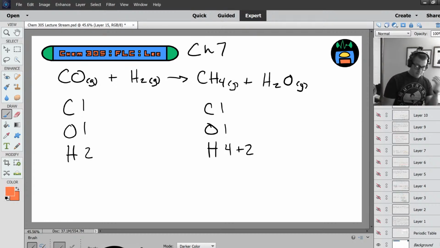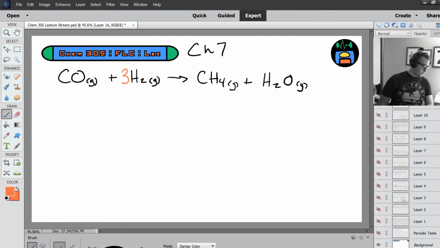So we can balance in one fell swoop if we multiply H2 by 3. 3 times 2 is 6, and 6 is equal to 4 plus 2. So this is our balanced chemical equation. All right, now